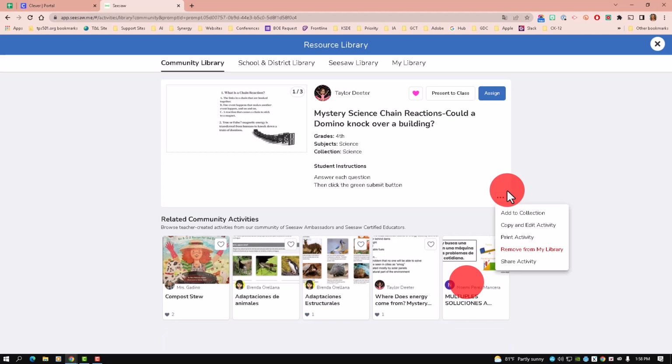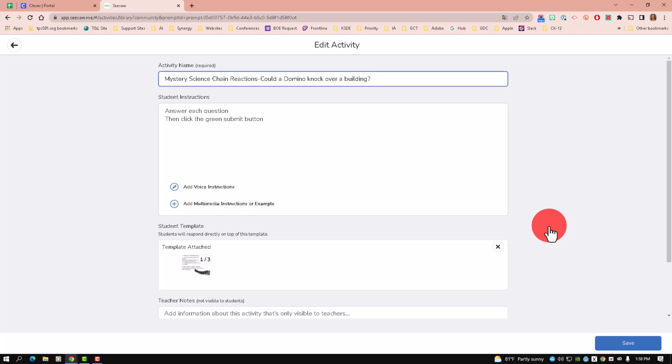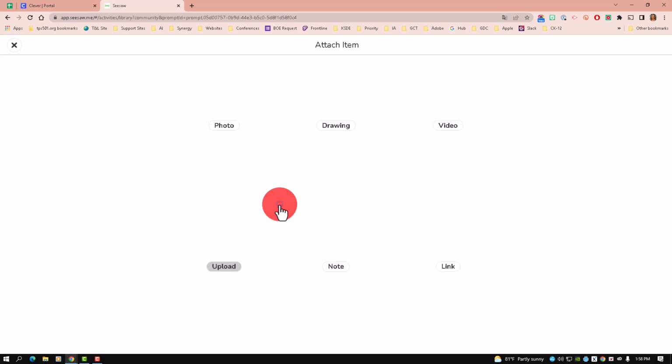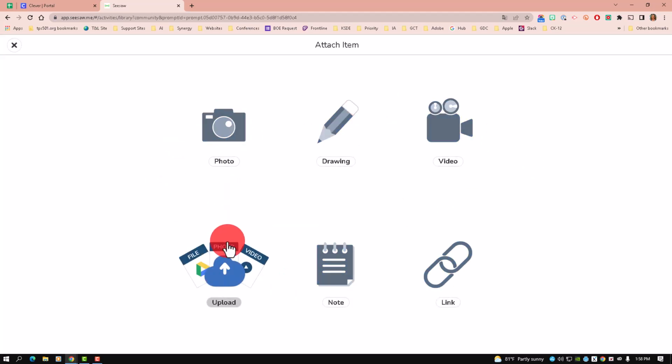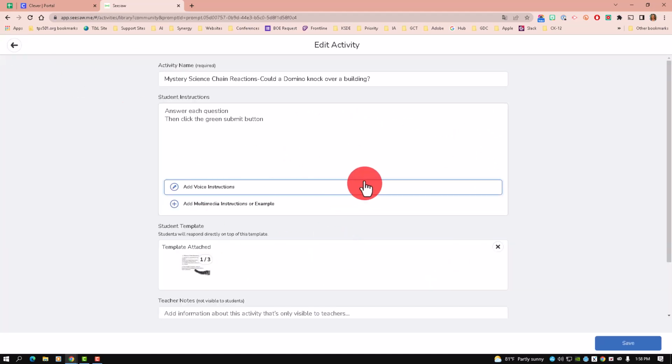But look at this. I can add it to my collection, which is just putting it in one of those folders. But this second one is huge. Copy and edit activity. Now, this is my activity. Even though that teacher, Ms. Teeter, whoever, did it, let's say I want to use it for a different grade level. I want to do a little bit different instructions. I want to add voice instructions. I can add multimedia instructions in the way of, in here, I can add a photo, I can add a video. So I can change this any way I want